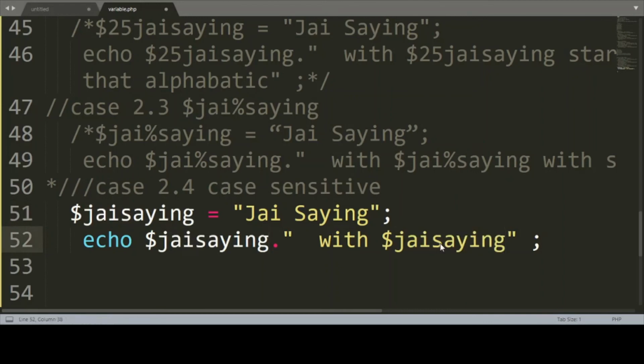Okay, so Jsing with small letter. You can check, this is Jsing with small letter, no problem. So this is the concept. You can check here.